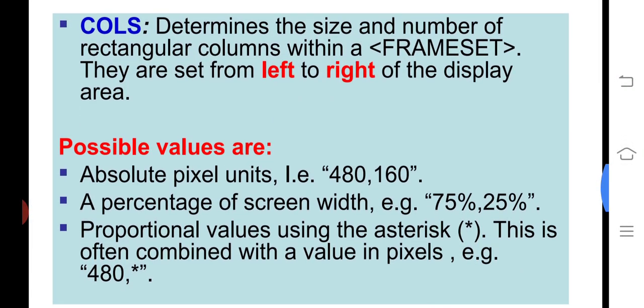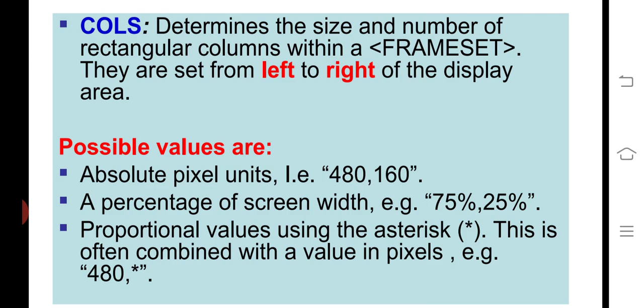Creating frameset pages: the cols attribute determines the size and number of rectangular columns within a frameset, definitely to the left or right of the display area. The possible values are pixel units such as 480, 160, as an example, and percentage of screen width such as 75%, 25%.